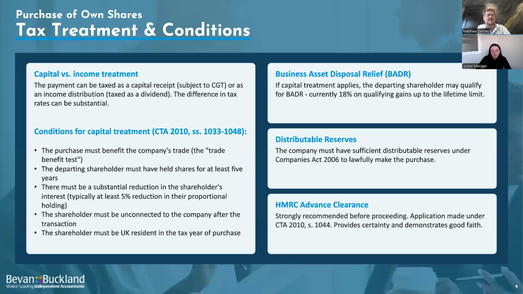Essentially what the revenue are looking at is that this is a person like, as we went through those examples, that's what it's for. It's not being done for tax purposes. You're not going to have some of your shares bought back because you quite fancy taking some money out at capital gains tax rates. They want to see there's a benefit to the trade, and they also want to see a sufficient reduction